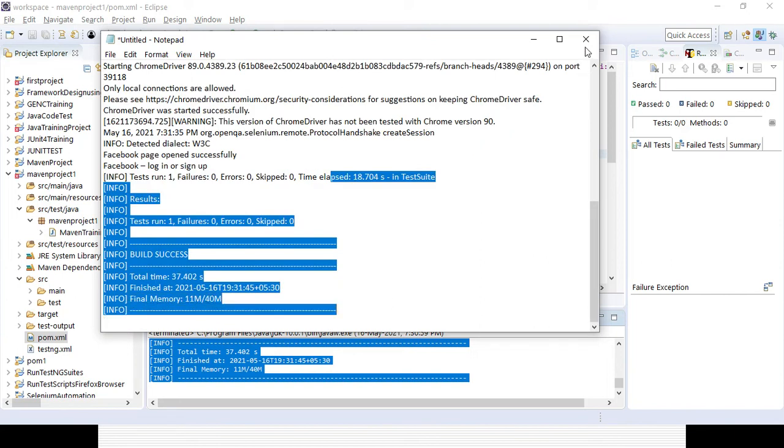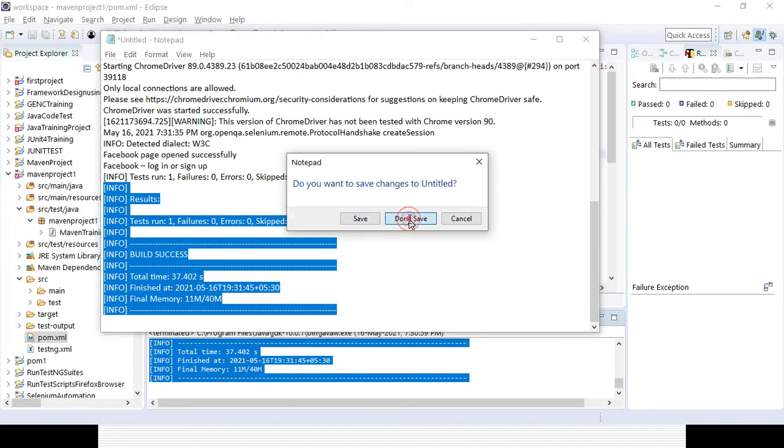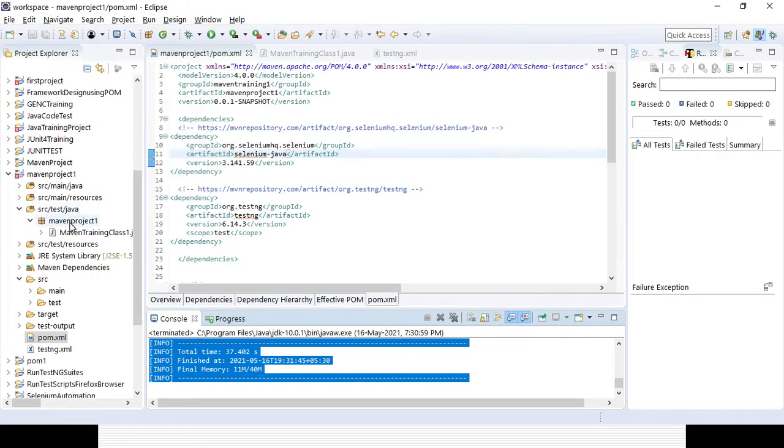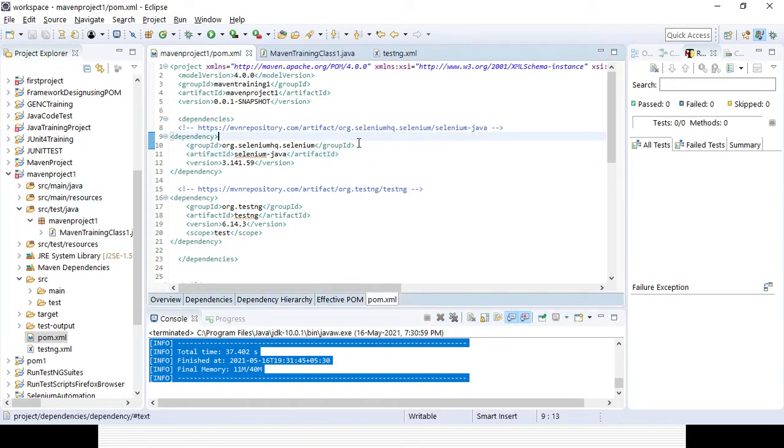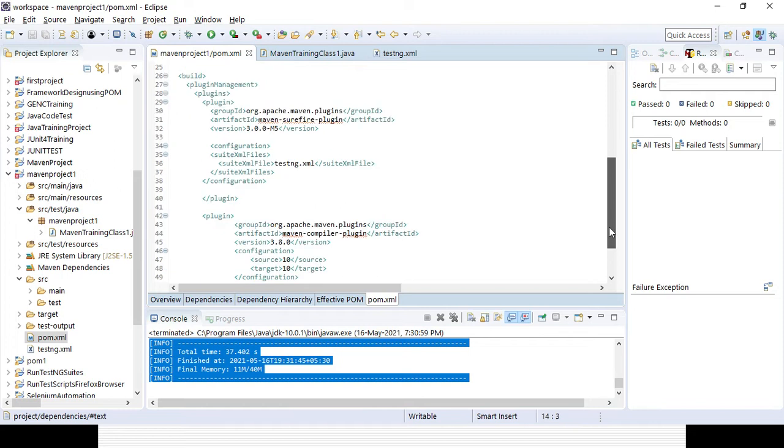So that's why you can just create a Maven project, add some packages, add some classes. After that you can convert it to a TestNG project, right? Then the TestNG XML file will come automatically, and in the pom.xml file you can add both plugins, one the Surefire plugin, one the compiler plugin.